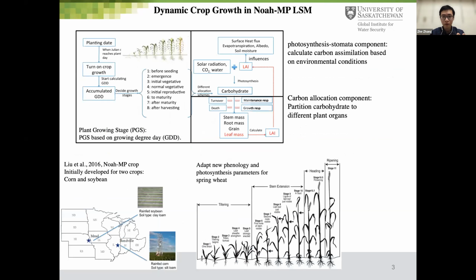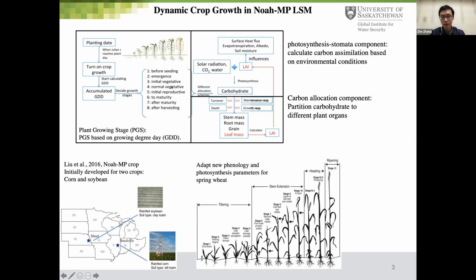So first of all, we can take a very brief introduction to the YMP crop models. It basically contains three components. The first is highlighted here as the photosynthesis and stomata components, which calculate the carbon assimilation based on the environmental factors, such as radiation, temperature, soil moisture, and so on. And the temperature, taken from a daily temperature in the model, would be calculated as a heat unit called growing degree days, GDD. And the accumulation of GDD will be separated into several growing stages within the growing season.